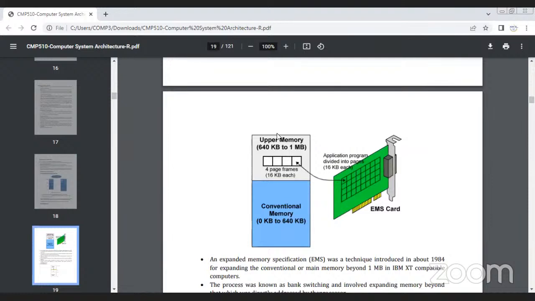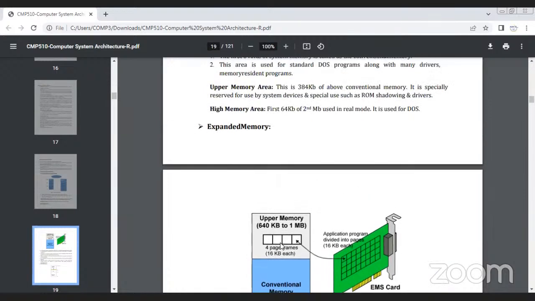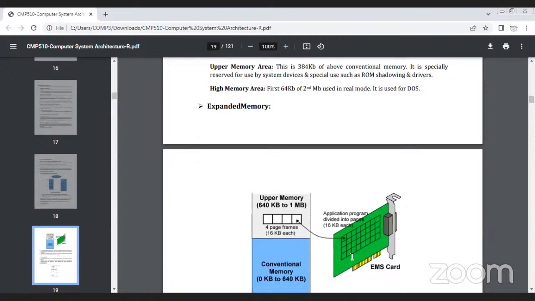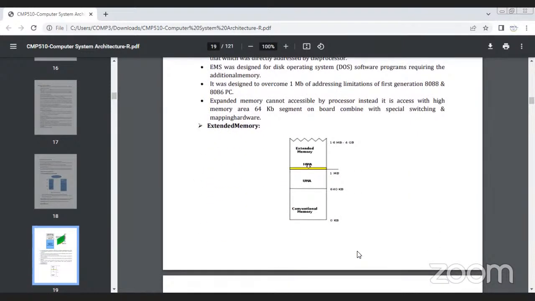Okay, and the next upper part of memory or higher part of memory is used to extend the memory. Expanded memory means if we want to increase the memory size, then we can use the expanded memory slot to increase the memory size of the computer. Okay,